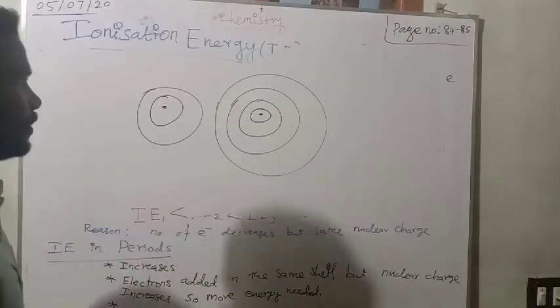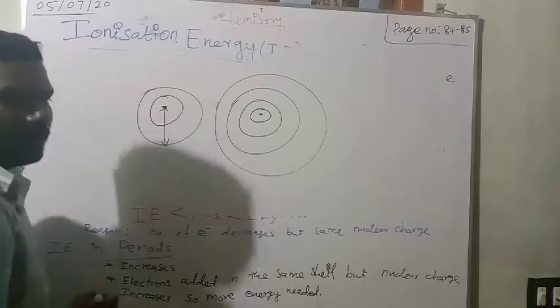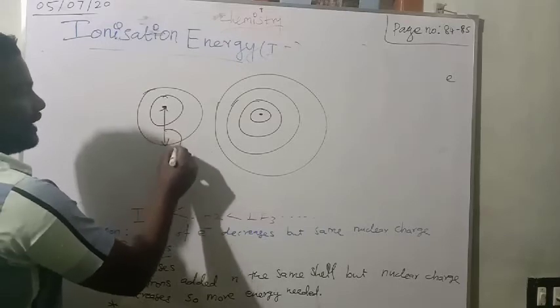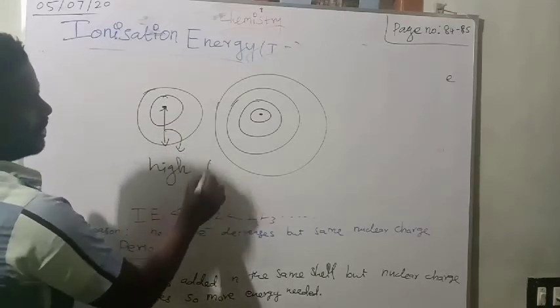See, period wise what will happen? Small size means the distance between the nucleus and the outer cell becomes small. Small means force of attraction high. High force of attraction